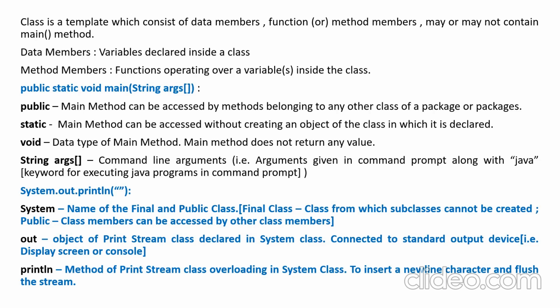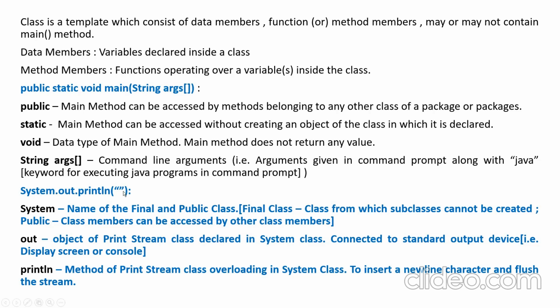Java file name is the keyword for executing a Java program in command prompt. Along with the file name, the additional things you give will be taken as command line arguments. They will be stored in the form of an array. Whatever additional strings you give apart from the file name during execution of the Java program will be stored as your command line arguments over here.